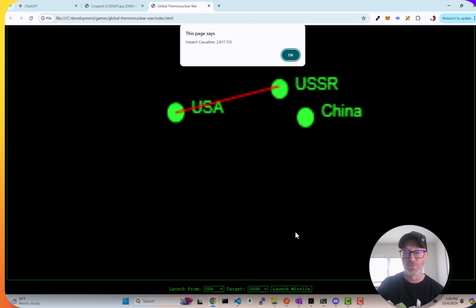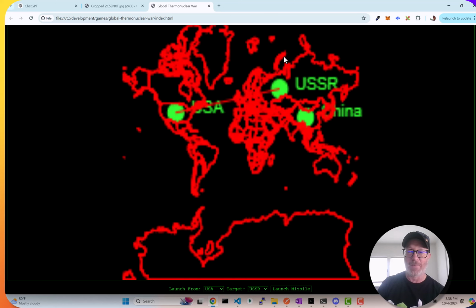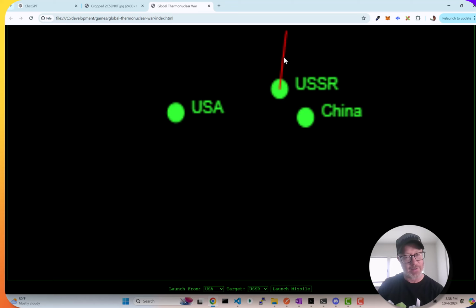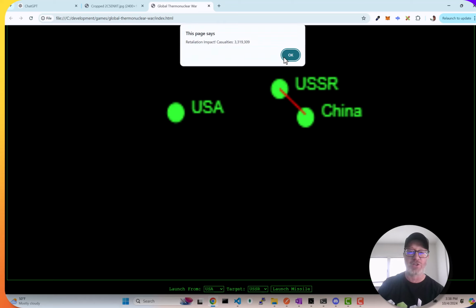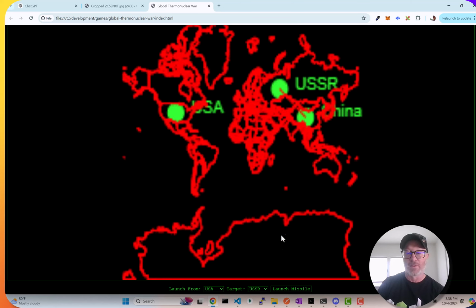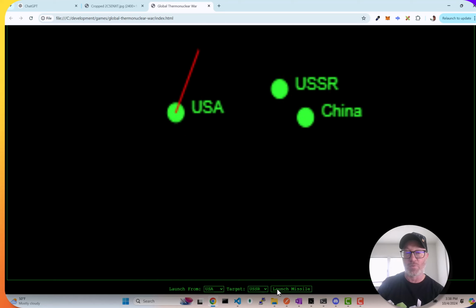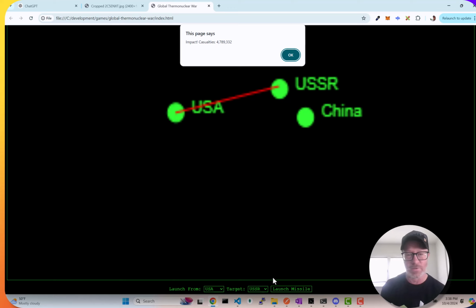You see the map kind of went away, but then it came back. Oh, USSR decides to attack China. Oh my goodness. All right, so we try again. We launch one more missile. It's interesting how the map disappears when we do this. Impact casualties